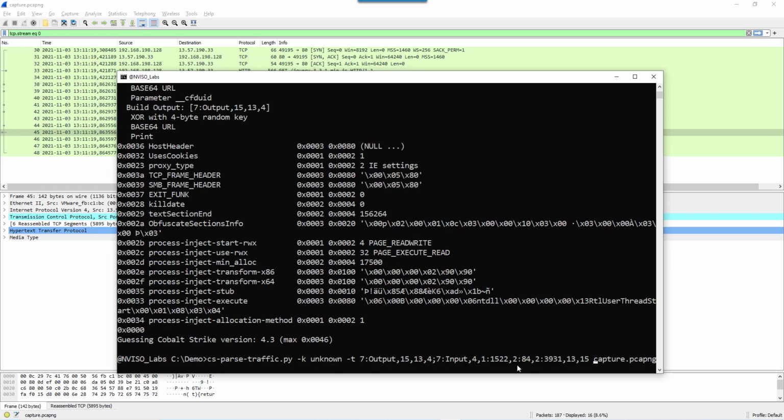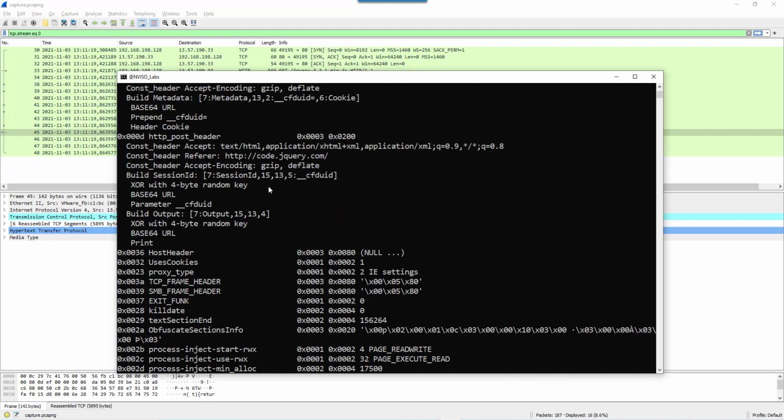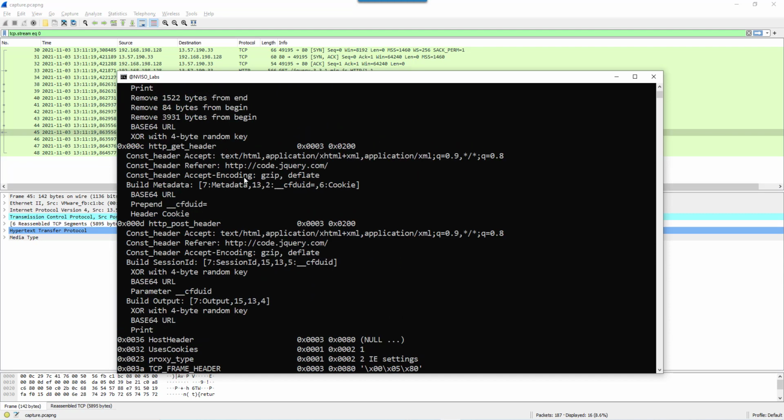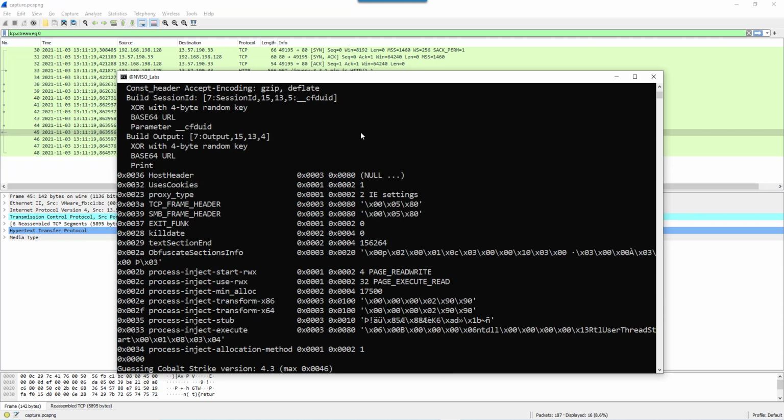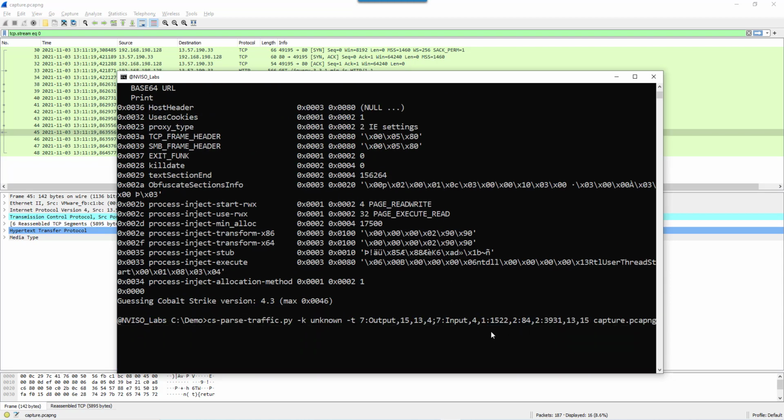So this is the actual transformation. I don't need a transformation. You can copy it, but that's not necessary. I don't need a transformation for the get header or the post header. I just need it here, in this case, for the input and the output. And I copy everything between the square brackets, and I separate it with a semicolon